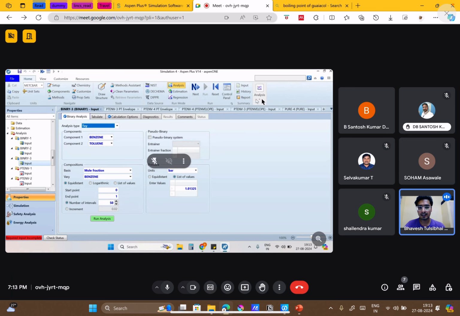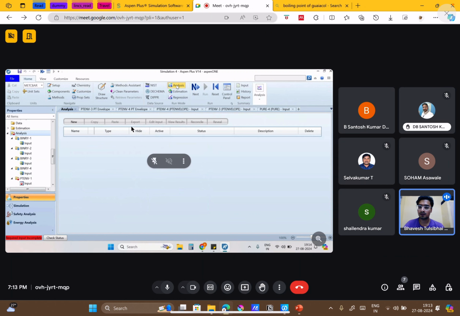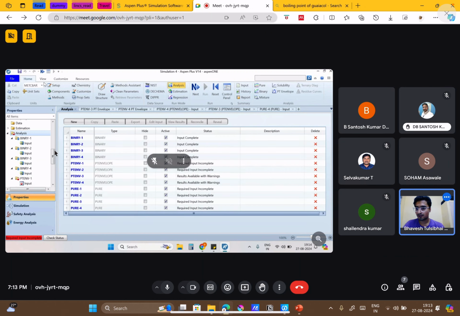Now go to analysis and binary analysis. Okay, so binary analysis we have selected, yeah, obviously. Now we have various options in the analysis type. In the binary one, can you open binary one from your left panel itself?